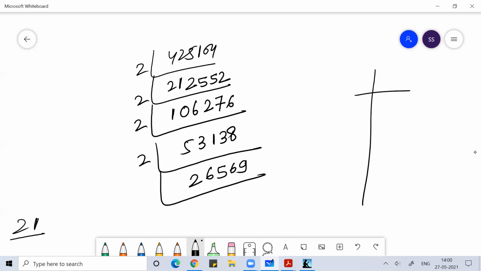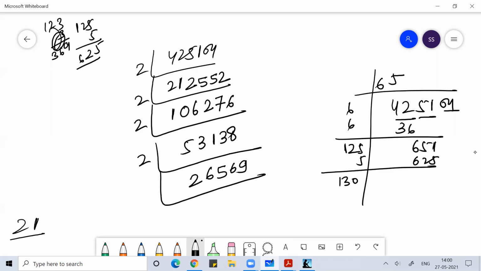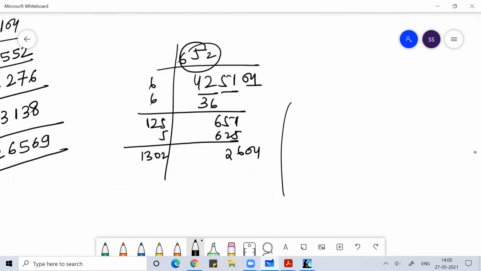जाएगा। स्क्वायर रूट निकाल के देख लो 425104, अपने को हिंट मिल जाएगा। 6 से गया, 12, 36, 651, मतलब 2 से छुटाएगा 3 से। 123 3 जा, 369, 25 5 जा, 625, 130, 2604। ये 2 से जाएगा, 652 का स्क्वायर है, मतलब 652 इंटू 652।